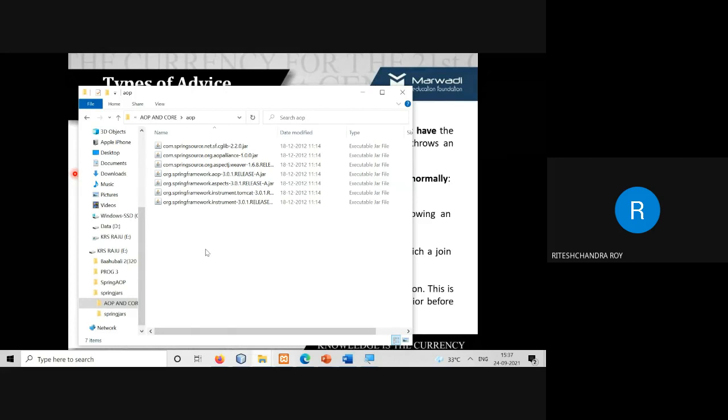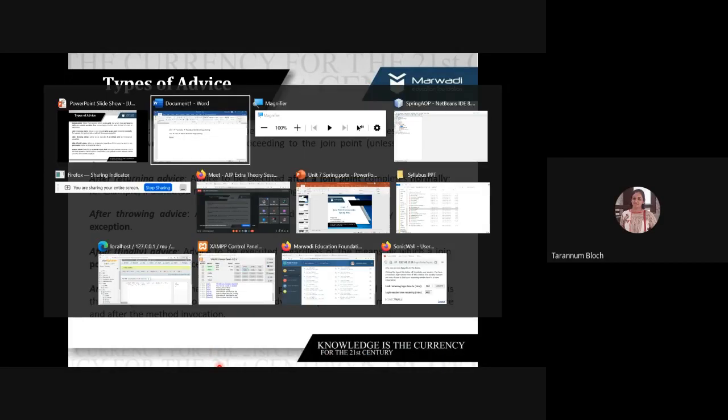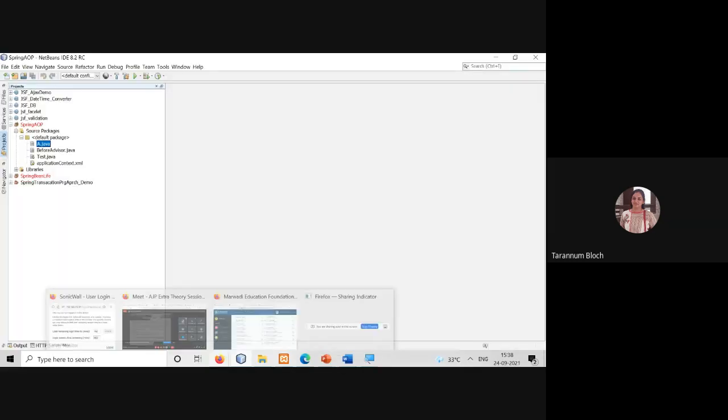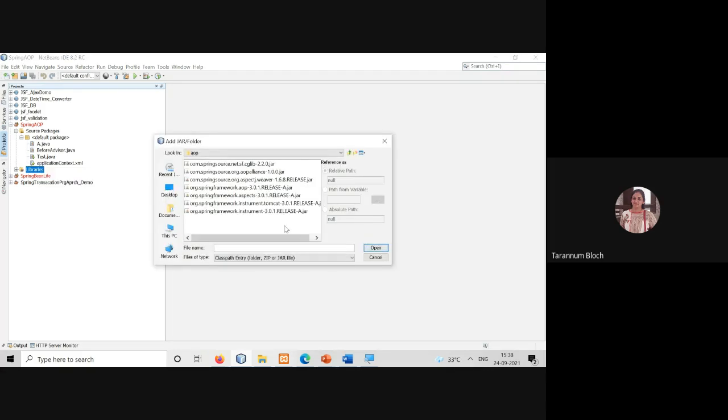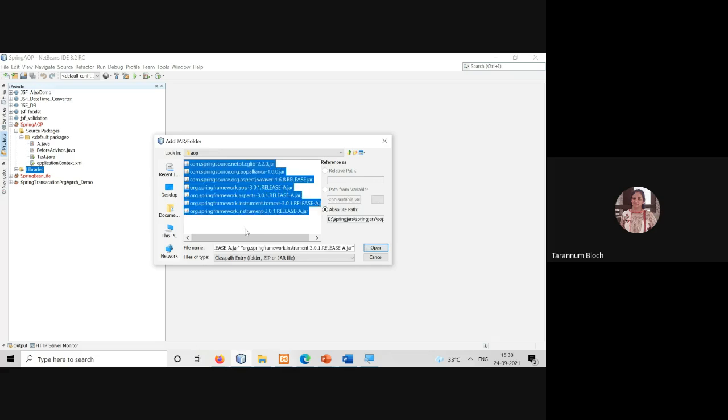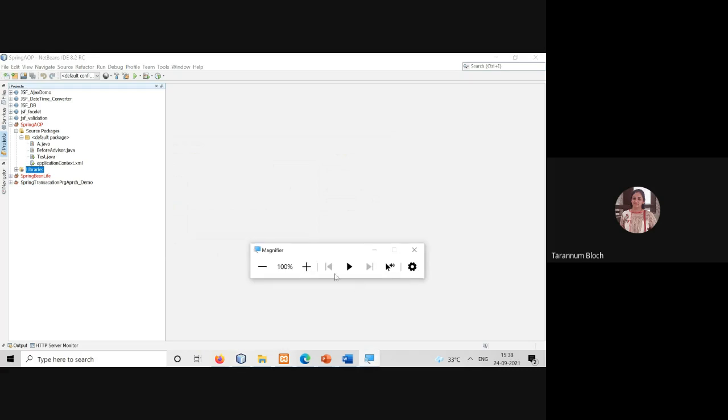You need to add them externally. We go to the library and right click, and instead of the second option for built-in library that you were using up till now, for something external you go with the third option. Open it, press Control A to select all, and click open. It will add all the aspect jars to your code.